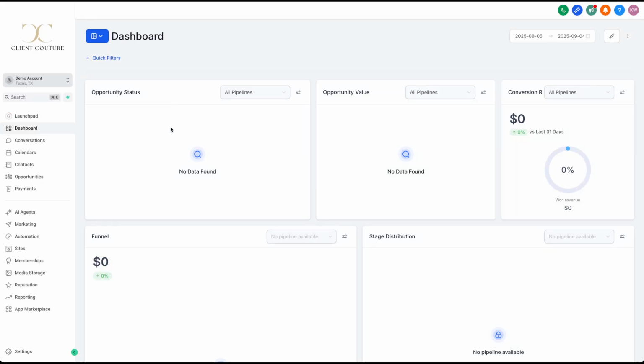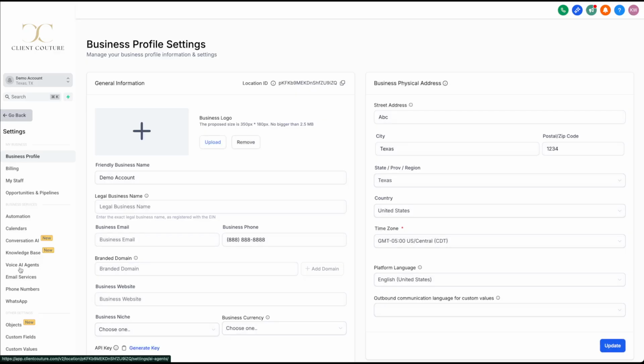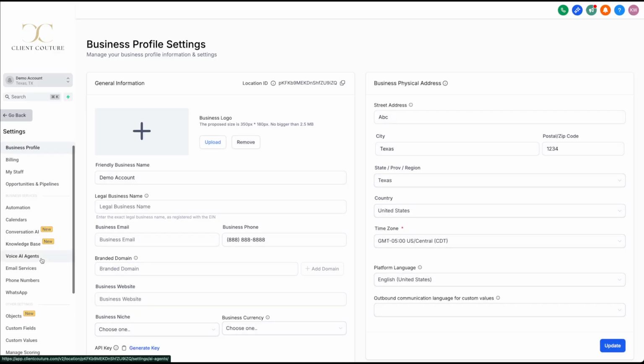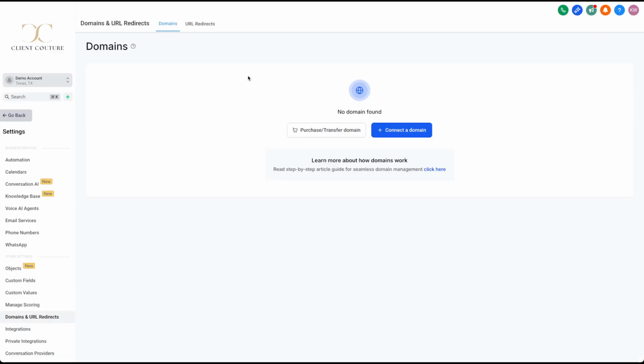In this video, we're going to walk through how to connect your domain so that way we can set it up with your website. So what you're going to do is go over to Settings, and then on this left menu, you're going to be looking for a section that says Domains and URL Redirects, which is right here. You'll click on that, and then when you get into here, you're going to go ahead and click Connect a